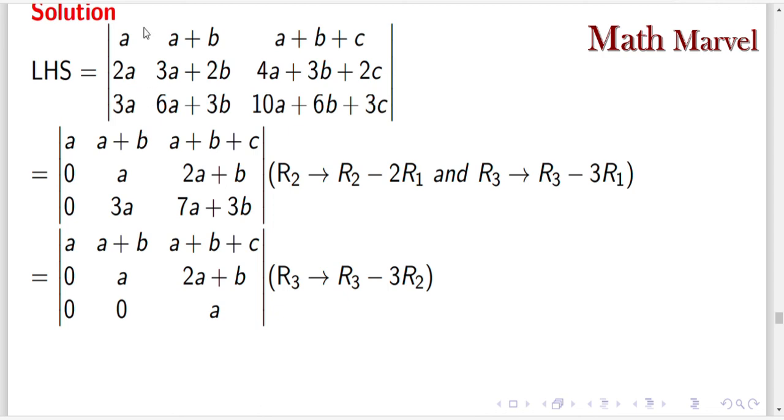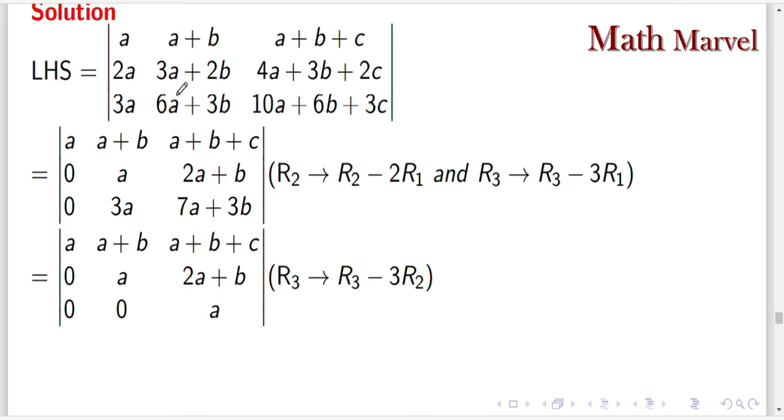Now observe the first column. In the first column which type of elements do we have? Here we have A, 2A and 3A. According to property number 6, if we multiply row 1 by -2 and add it to the second row, this element becomes 0. Here this element multiplied by -2 and added here, so 2A minus 2A becomes 0. So entire row 1 is multiplied by -2 and added to row R2. First perform this operation. Here the entire row is multiplied by -2, so here we have -2A, and adding to the second row, 2A minus 2A we get 0.